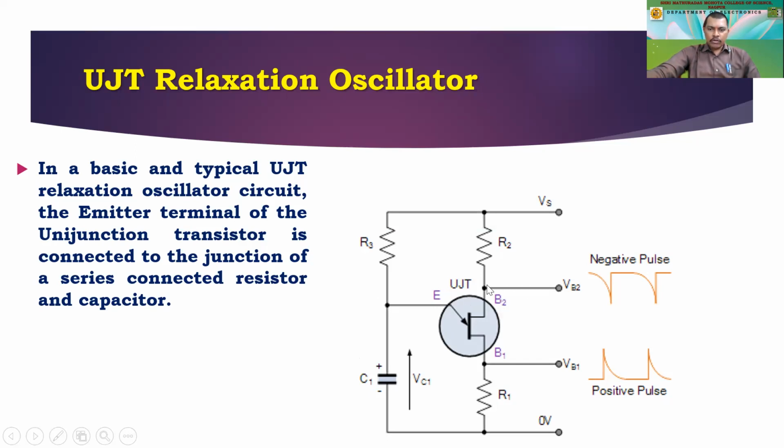So the voltage across VB2 will start decreasing, and in this duration there will be a spike, and VB1, the voltage across the V1 terminal, will start increasing over here, right? And as soon as it reaches some point, which is approximately equal to zero, the capacitor will start discharging through this.